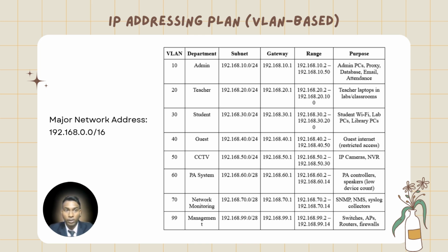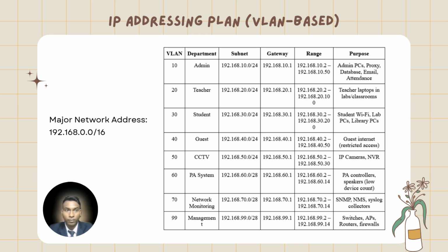And VLAN 70 is for network monitoring with 192.168.70.0/28 with a gateway of 192.168.70.1 that has a range from 192.168.70.2 till 192.168.70.14 for SNMP